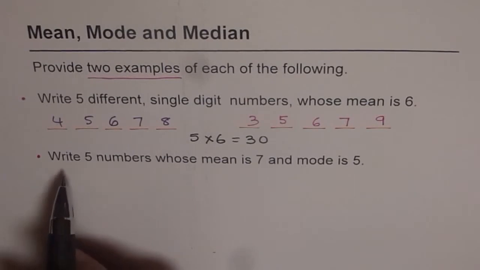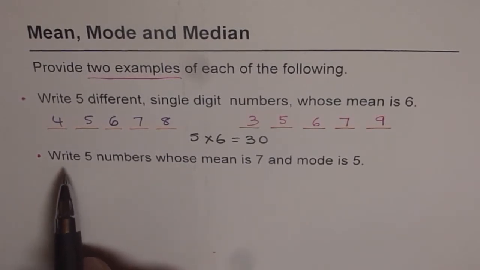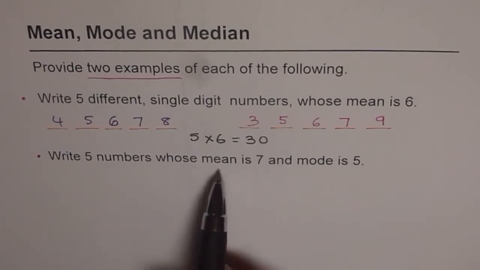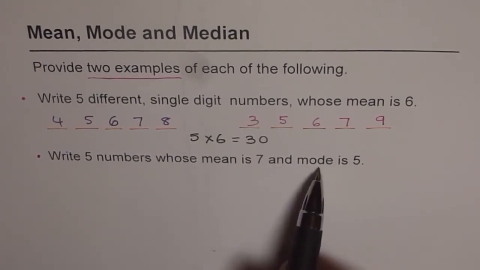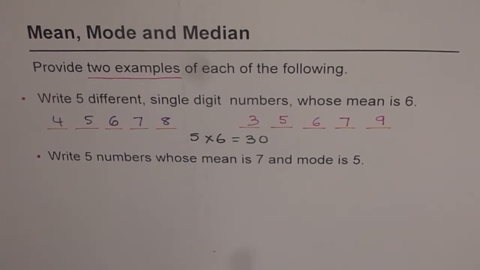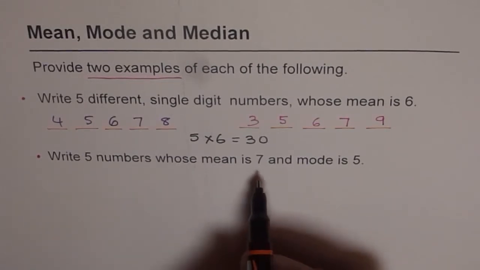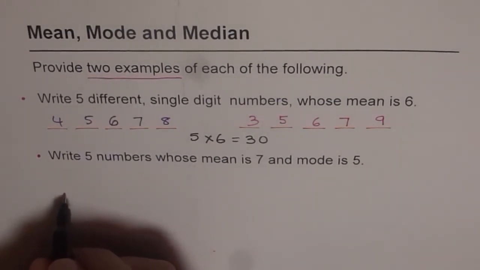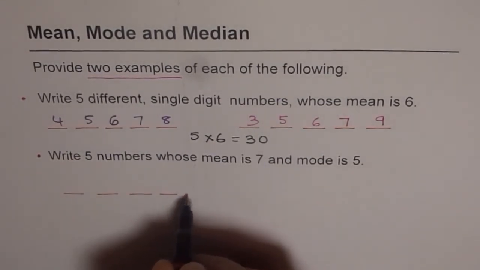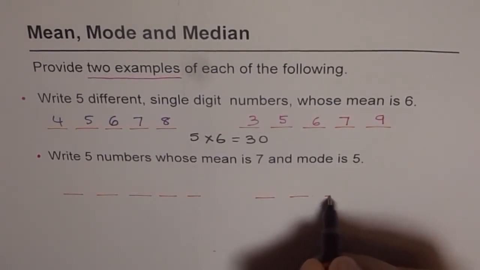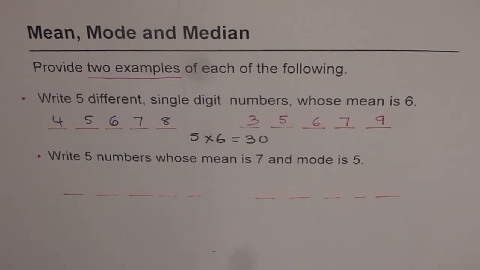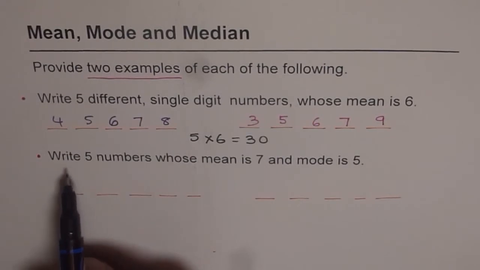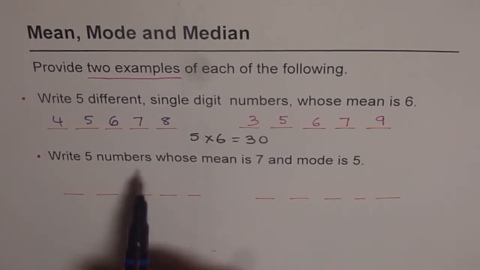Now let's move on to the next question. It is, write 5 numbers whose mean is 7 and mode is 5. Now this time we are given 2 things to satisfy. One is the mean and the other one is mode, right? So this time again we have to give 2 examples. So let's make 5 blanks and 5 blanks. Not to forget, right? So we already have 2 sets in place. Now what do we need? We need to write 5 numbers whose mean is